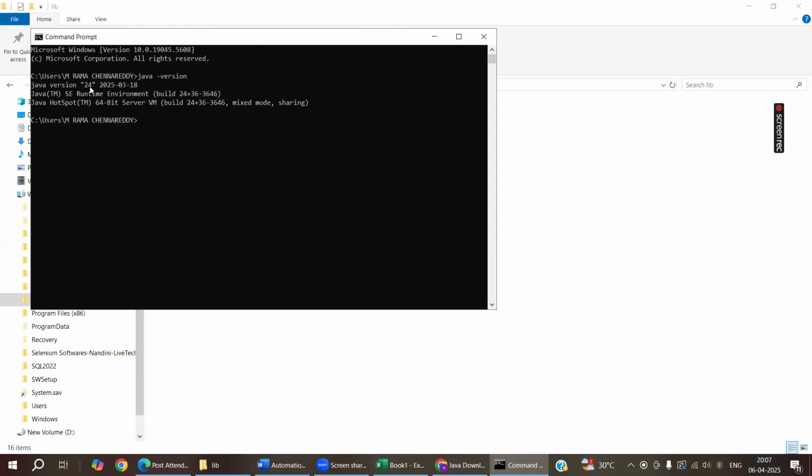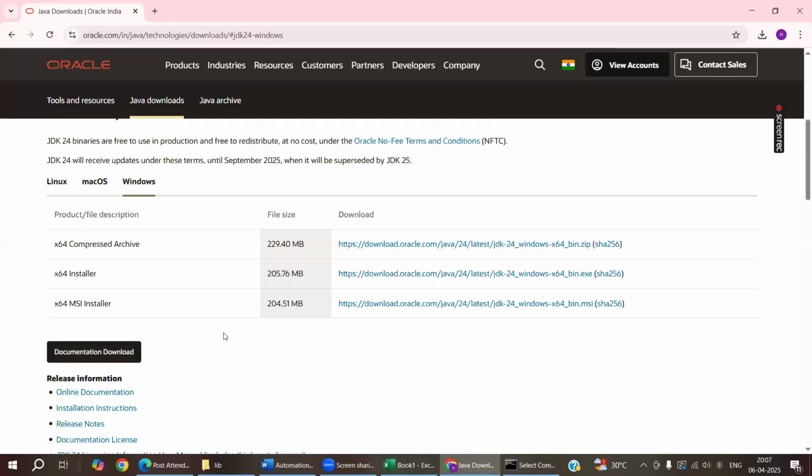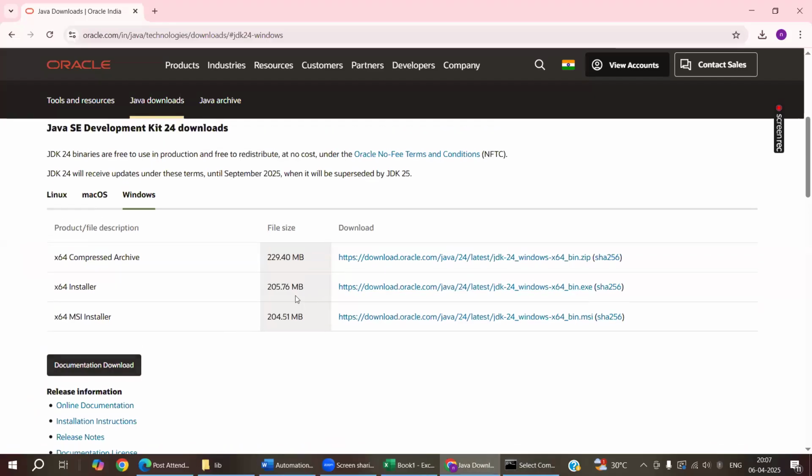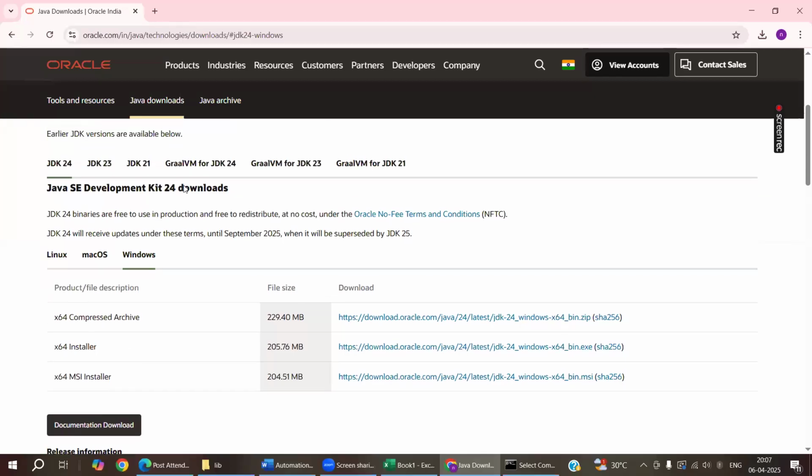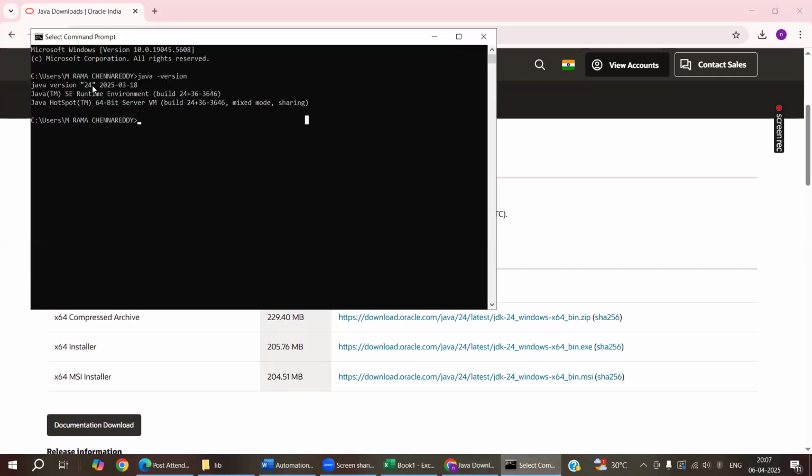Which version are we using here? 24 version, right? JDK 24 only we are installing, right? So 24 version we have. So go to the official website here. Which version is it? 24 only, right? Yeah. So the Java version is